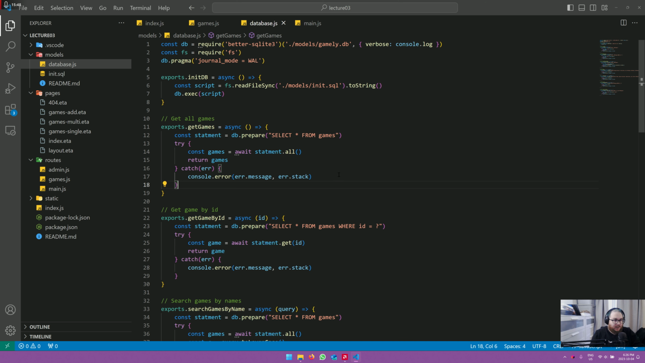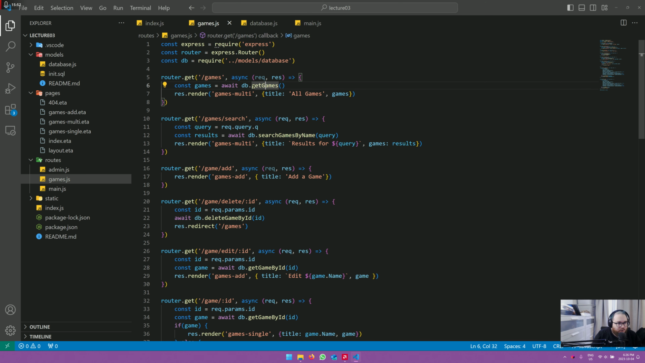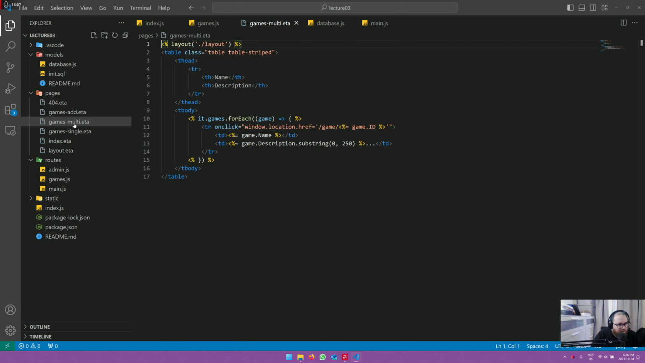Now, this gets the games, which gives me a bunch of JSON, right? Those games are then returned to this function over here, which says, hey, response.render games-multi. The title is going to be all games, and then it passes just games as a second argument. So let's look at games-multi. So if I go over here into the template,